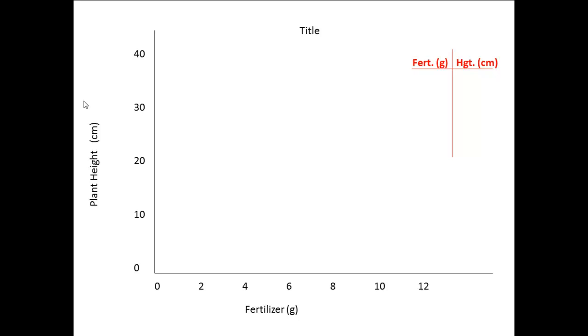Let's say we did an experiment and we measured different amounts of fertilizer and saw how high our plant grew. We measured it at 2 grams, it grew 10 centimeters, 4 grams grew 22 centimeters, 6 grams grew 28 centimeters, and 8 grams grew 40 centimeters. So we measured 2, 4, 6, and 8 grams for our plants, and we actually watched and saw how tall